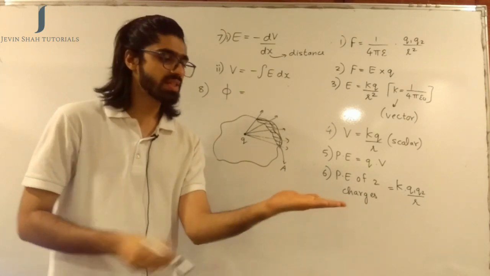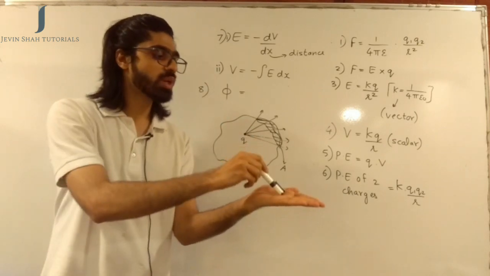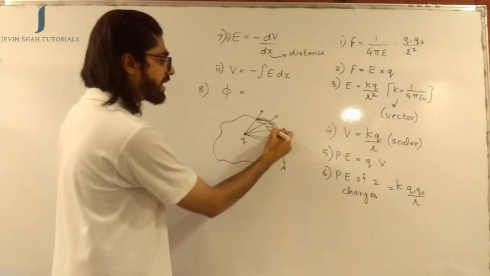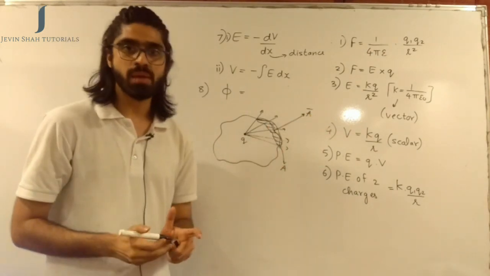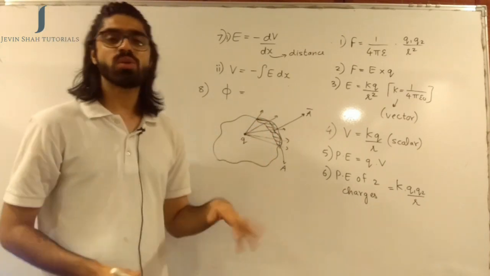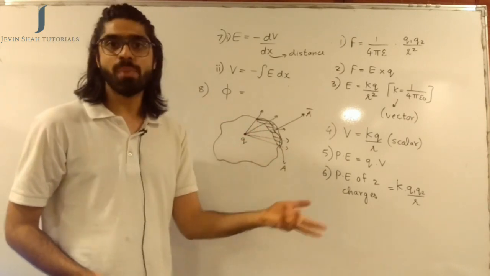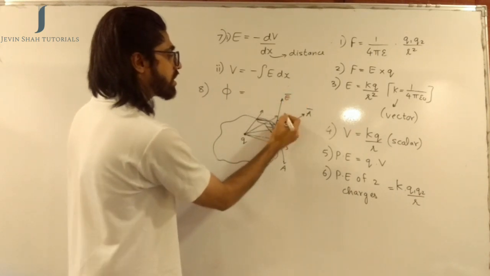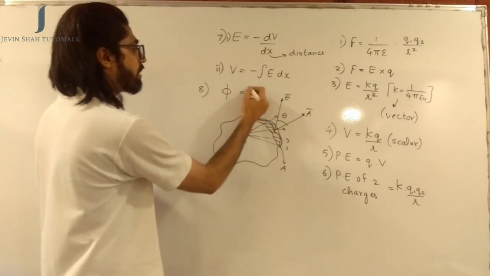Now say for example, if this is an area A, area we say is a vector quantity, and the area vector always comes out perpendicular to the surface. So if this was the area, we can say that the area vector for this surface comes out perpendicular to it, and this is what we will say is the area A bar. Now because of this charge q, at this position or in this area, you are going to have an electric field getting generated, and let us say the electric field intensity in this area is E bar, and let us say that E bar is a vector directed something like this, in such a way that the angle between A bar and E bar is theta. So we define electric flux as E bar dot A bar.